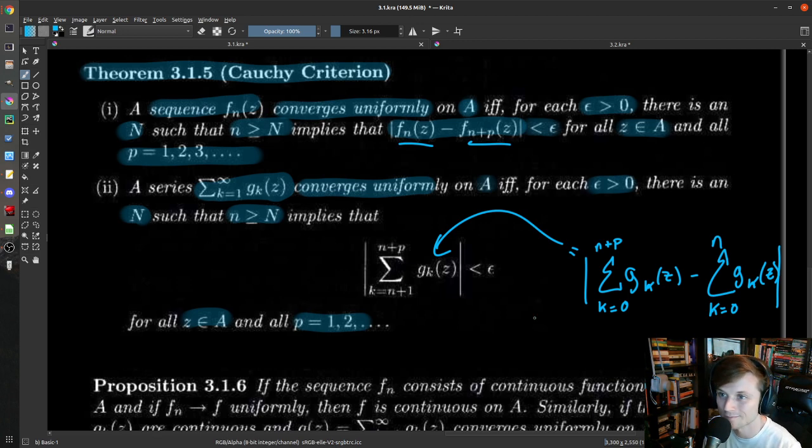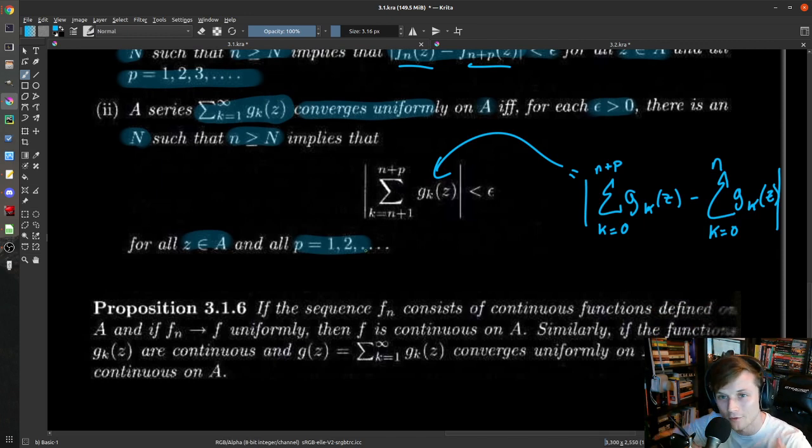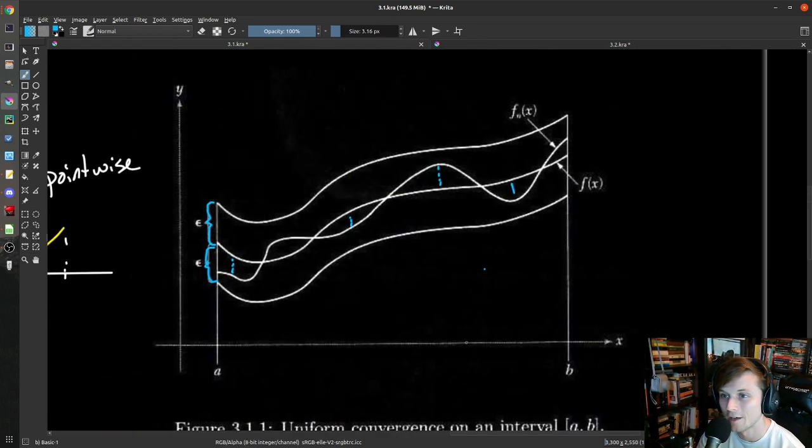Nothing too fancy. So this is the Cauchy Criterion, and it will come in handy. Basically, all we're saying is we need to have not too much oscillation, a bounded oscillation, eventually zero oscillation. Things can't bounce around too much, kind of like in this picture right here. This function is oscillating around the other one, and the oscillation has to get small, and it has to stay small.